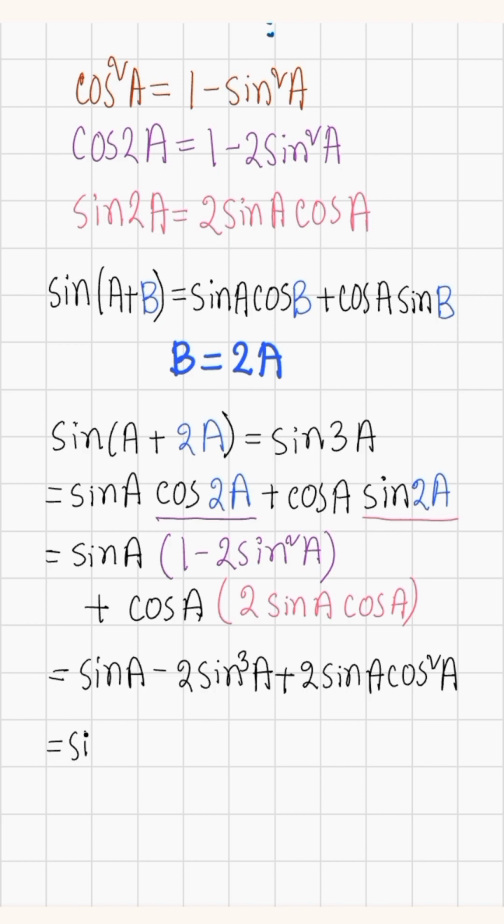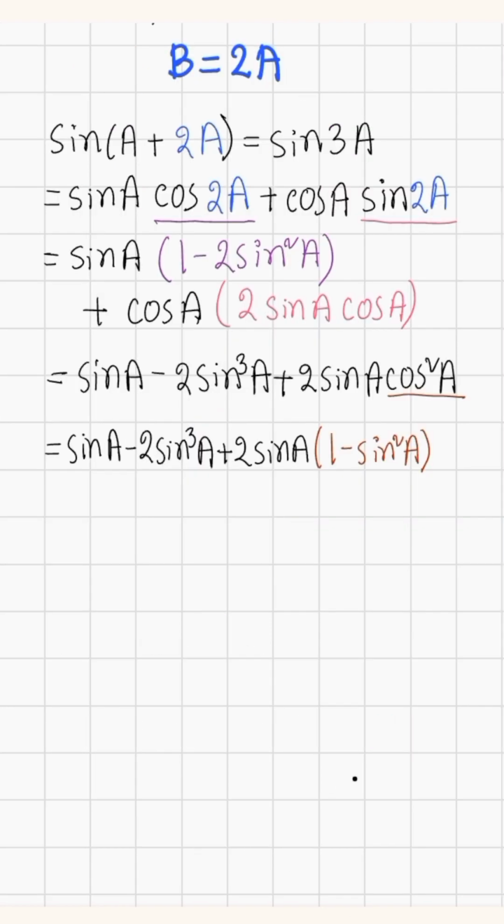equals to sin a minus 2 sin cube a plus 2 into sin a cos square a এর জায়গায় লেখা যায় 1 minus sin square a equals to sin a minus 2 into sin cube a plus 2 into sin a into 1 হচ্ছে 2 into sin a